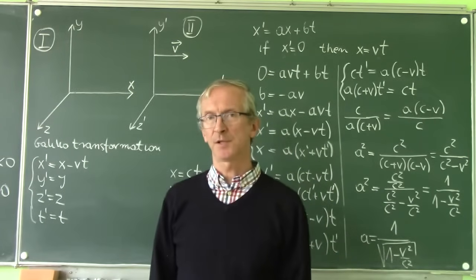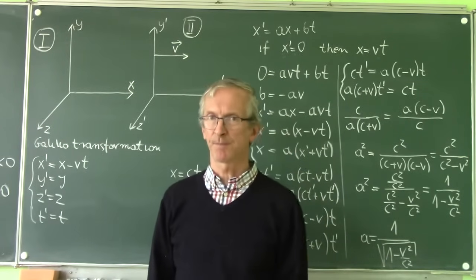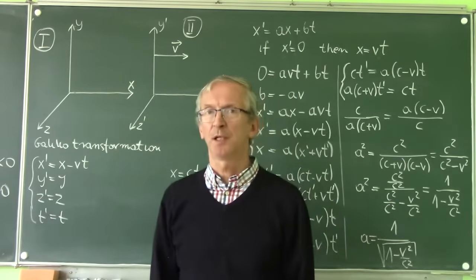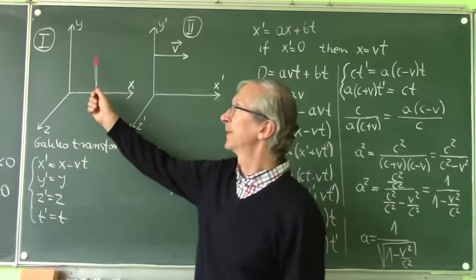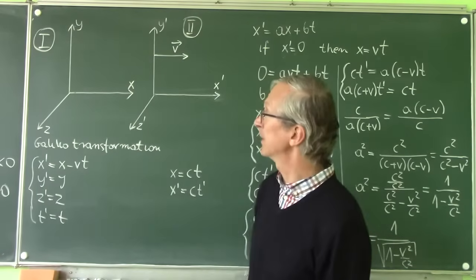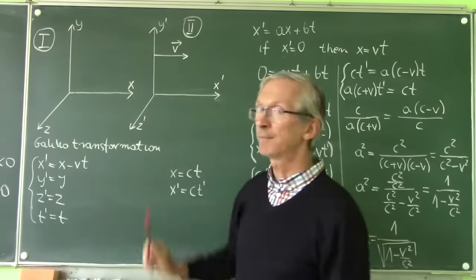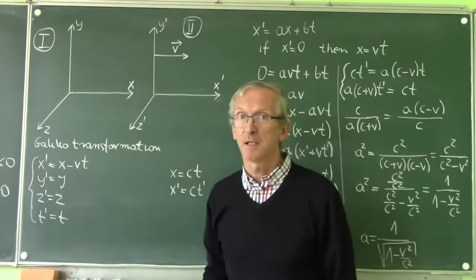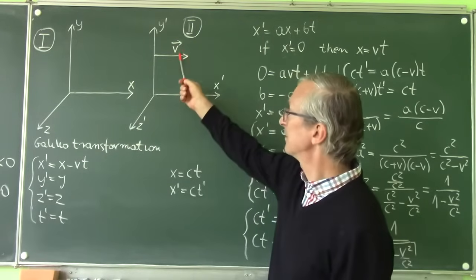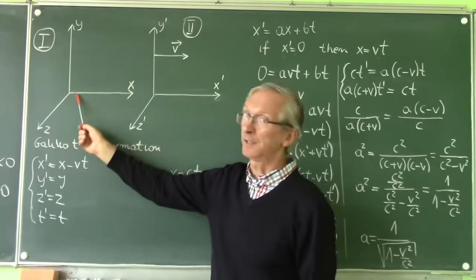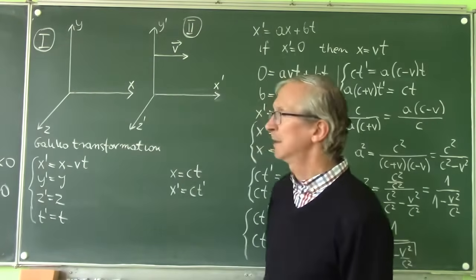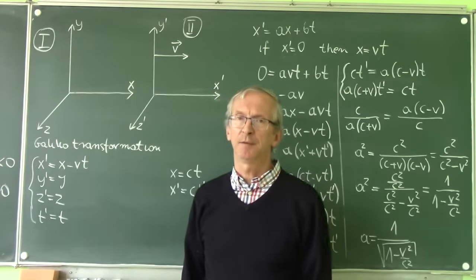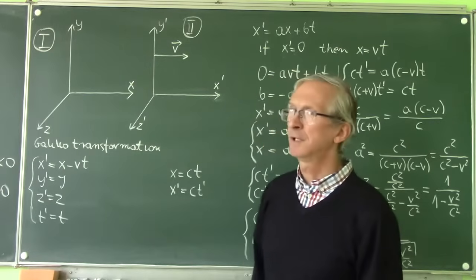Today we want to derive a Lorentz transformation. It will be a special case of this transformation. For the situation, we have two inertial frames of reference, the first and the second. And we assume that the second frame of reference is moving with a constant speed v in the direction of the axis x. The more general Lorentz transformation is for the case when